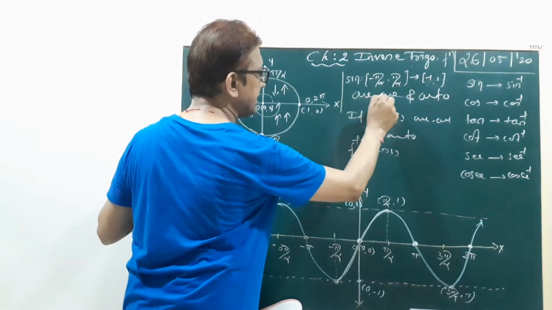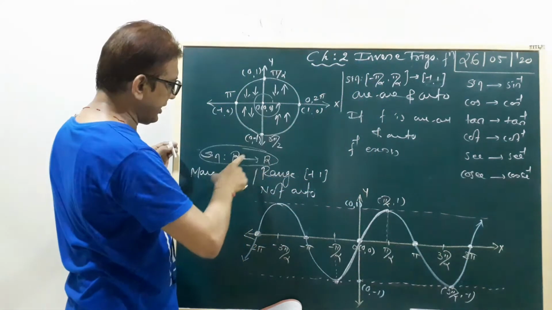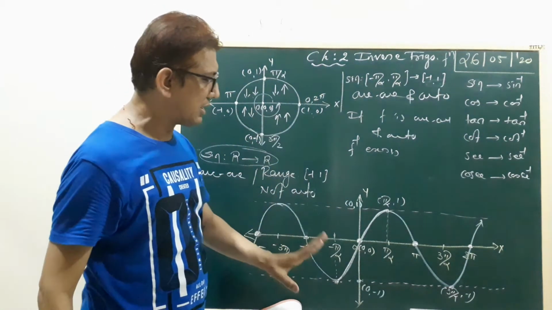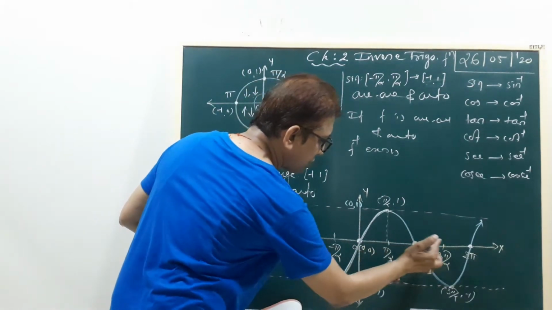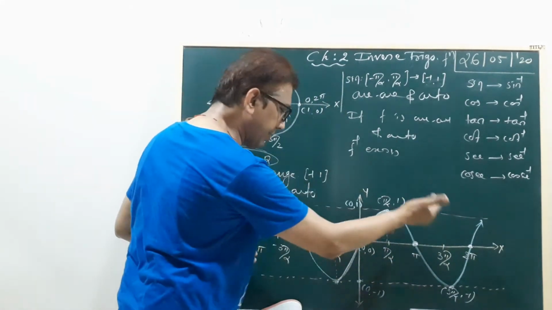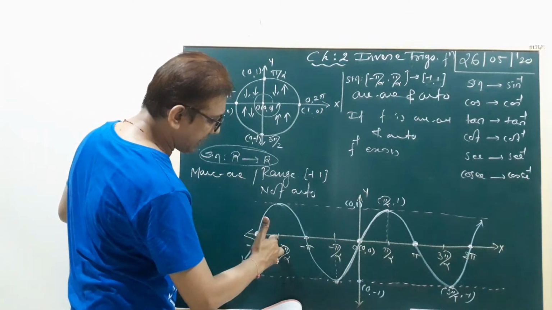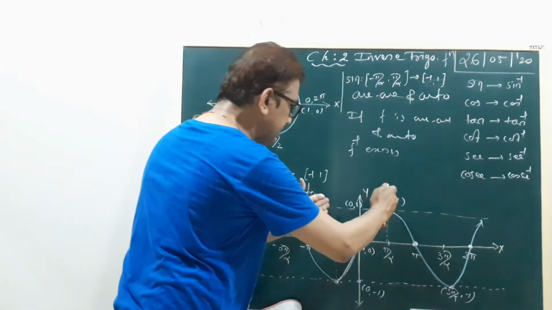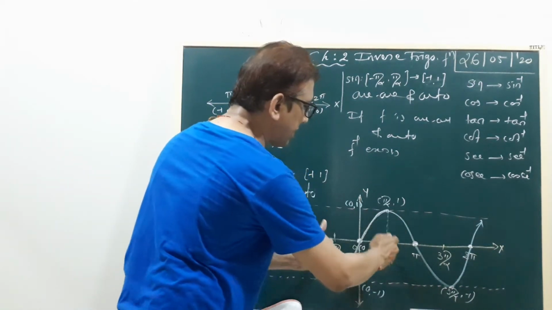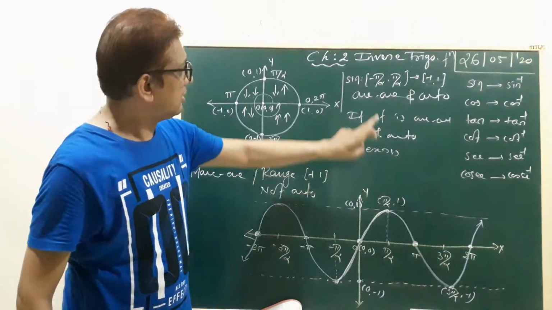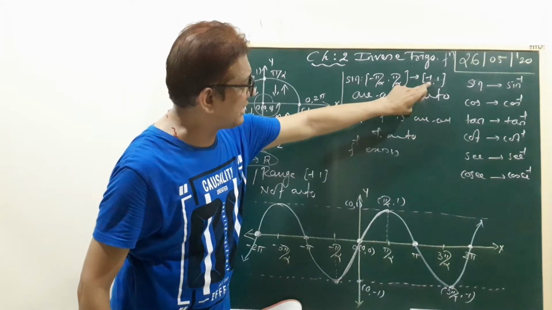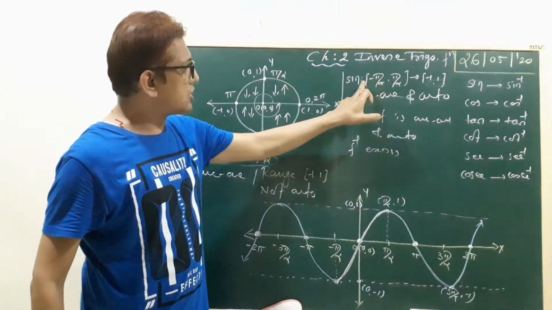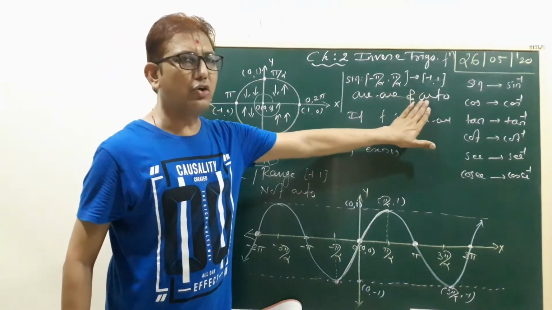Put any value in between and the sine function is one-one. If we take domain R, it is many-one, but with the limited domain minus pi by 2 to pi by 2, the sine function is one-one. We can also take the domain pi by 2 to 3 pi by 2, or on the left side minus 3 pi by 2 to minus pi by 2. But in our textbook, the domain of the sine function is the closed interval minus pi by 2 to pi by 2. Is that clear? Our codomain is minus 1 to 1, the maximum and minimum values. So the sine function is now one-one and onto.